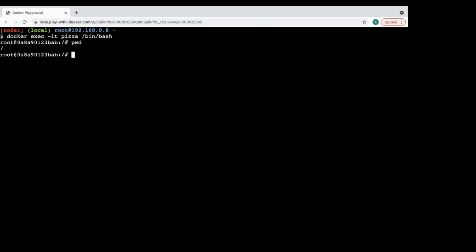Correct? So what is the life cycle of a container? Create the container. How will you create the container? Docker run. Stop the container. How will you stop the container? Docker stop. You can start the container. How will you start the container? Docker start. You want to go inside the container, docker exec. Yeah, execute.